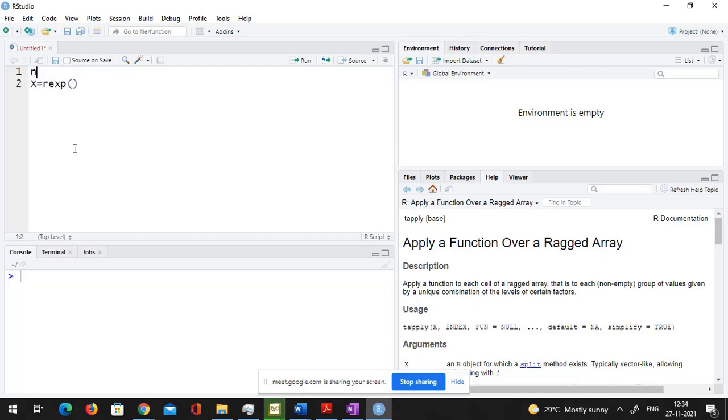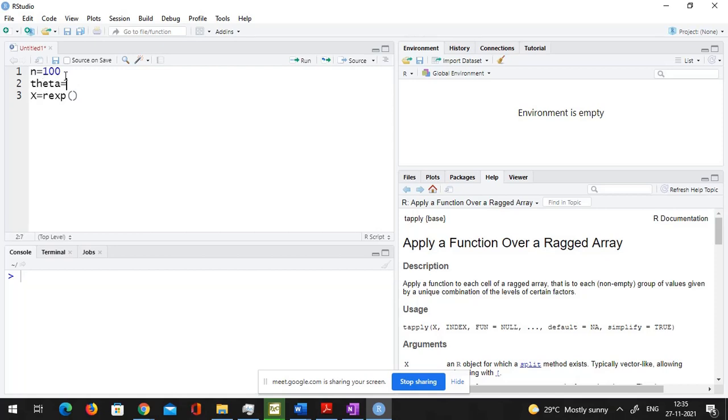Generally it's a good practice to write a generic code in the sense that whatever values you want to specify, it is better to specify them in advance and not use them directly in the command. Why? Because later if I want to increase the sample size, I shouldn't have to change the sample size everywhere in the code. I can simply change this first line and it would run automatically. Okay, similarly with the parameter.